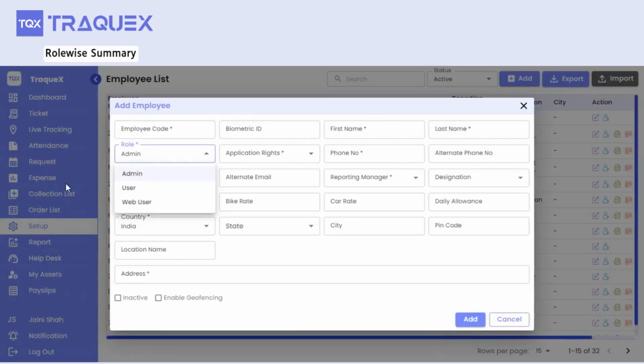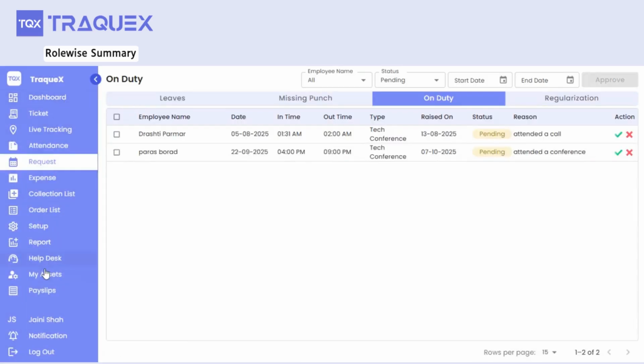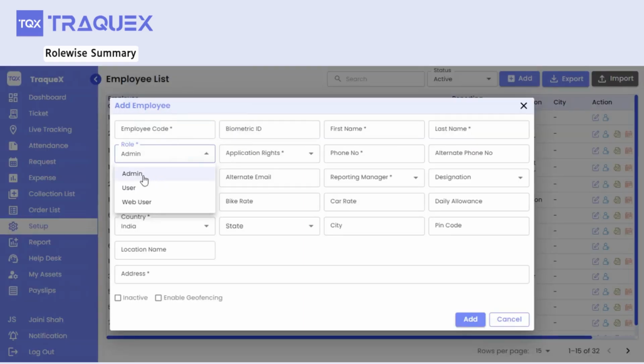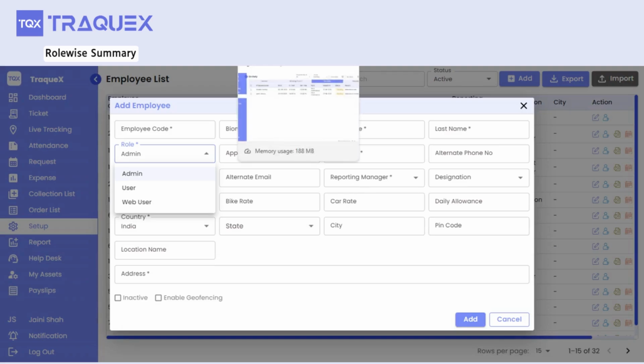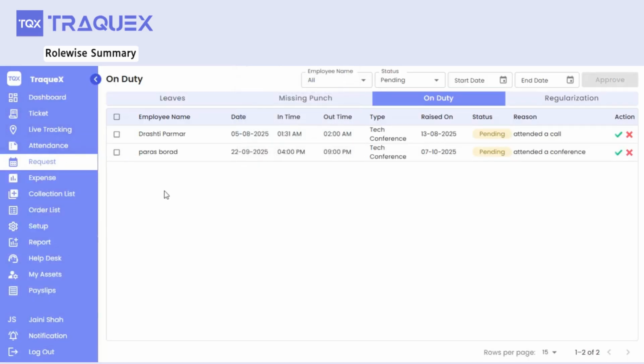Now, talking about the role-wise access, head admin will have all the screens available to them and they can have full access to configure or see the things under each of the module on the web application itself. Then there is admin role for which head admin can define multiple admins who will be acting as reporting managers as well. They will be having operational access of few of the modules with approvals on web application and mobile application, like